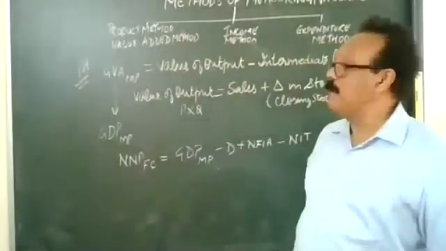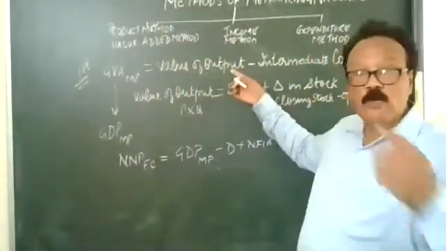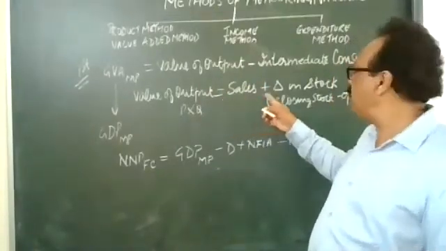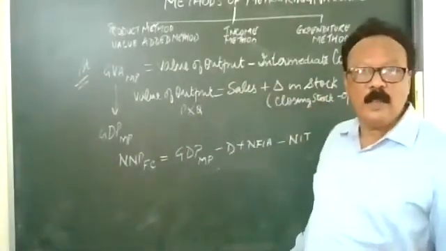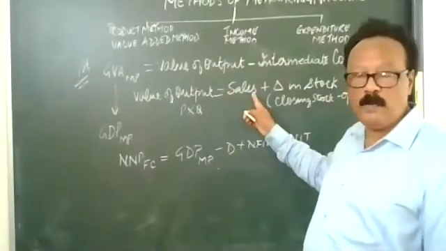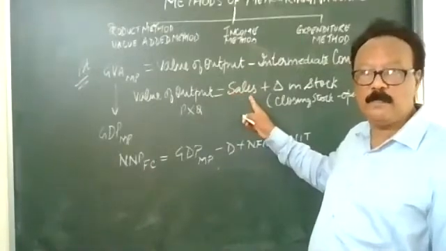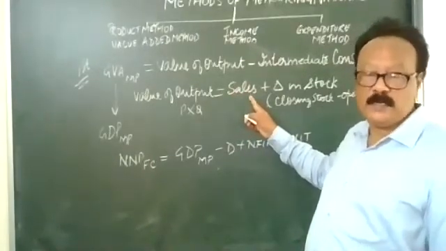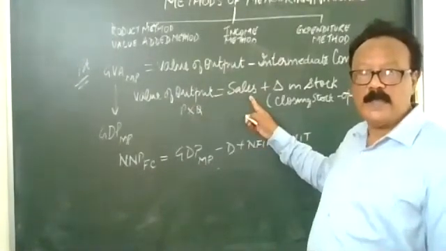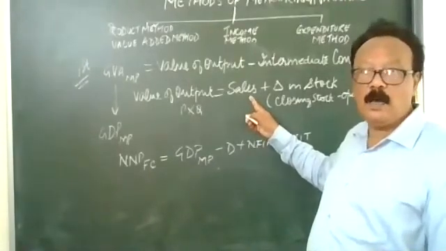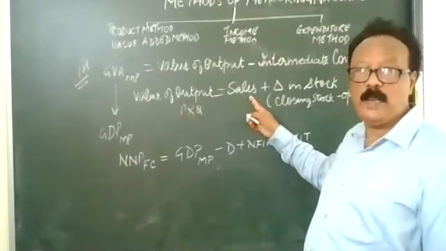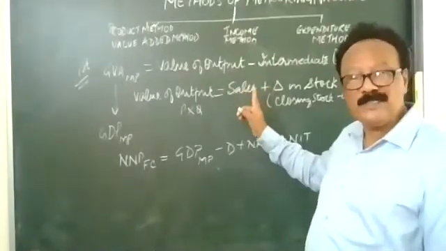Okay. Now, value of output. How is value of output calculated? Value of output is calculated using the simple formula: sales plus change in stock. Like I said, in the numericals, if sales is directly given, no problem. You will use the value given in the question to substitute over here. But if in the question sales is given and exports is given, I said exports is a part of sales. So exports will not be taken while calculating because it is already included in sales.